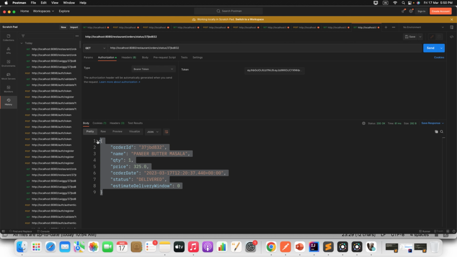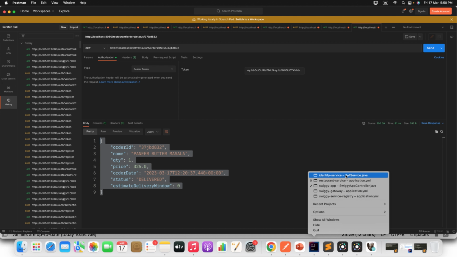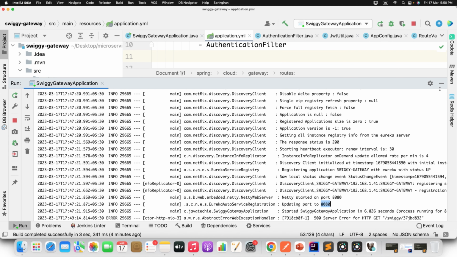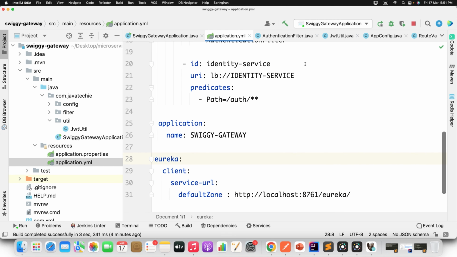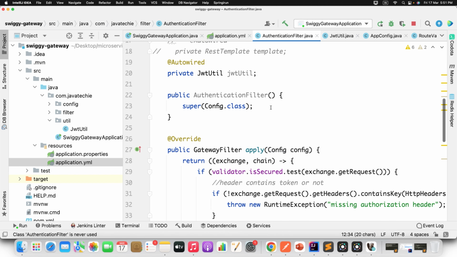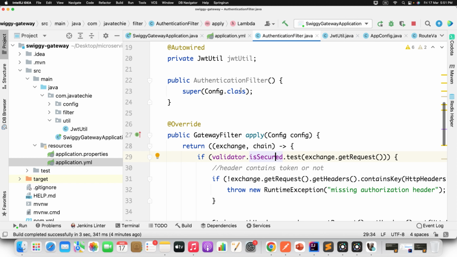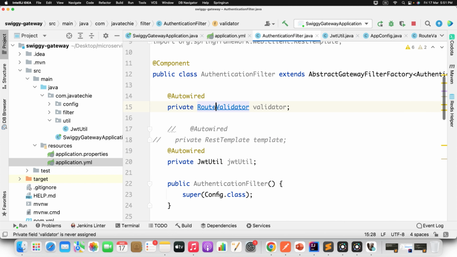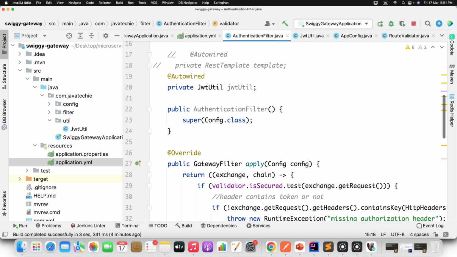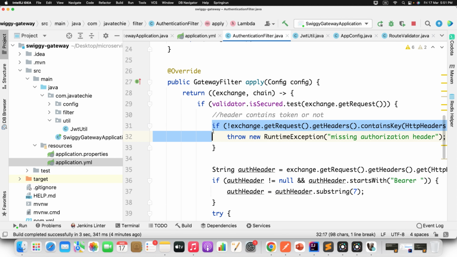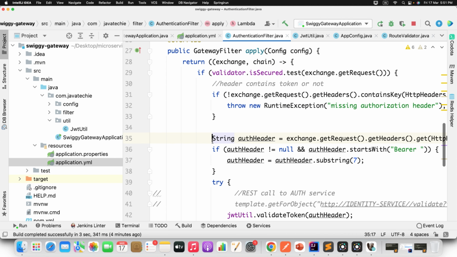Now whichever microservices you configure, you simply define them, register them as a client, and all the endpoints need to be validated in the authentication filter. If you go here in the filter, you need to configure all the other microservices you have in your project. Then in the authentication filter, except for these endpoints you have defined in your validator, any other endpoint you try accessing from your API gateway must be validated through this filter logic. It will check the authorization header, and if it finds the header, it will validate that